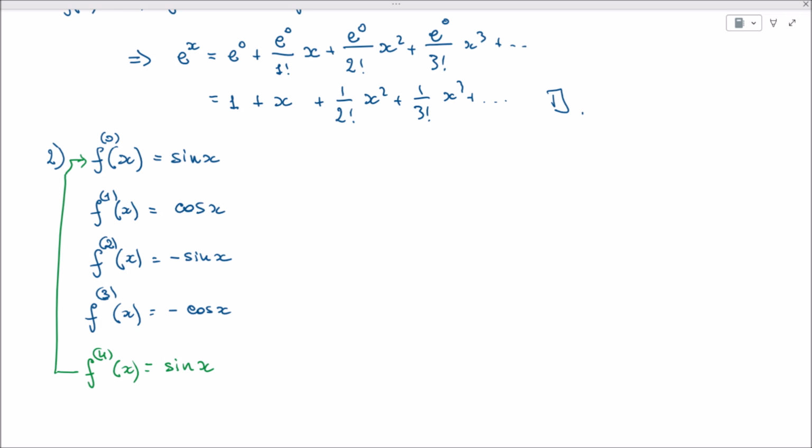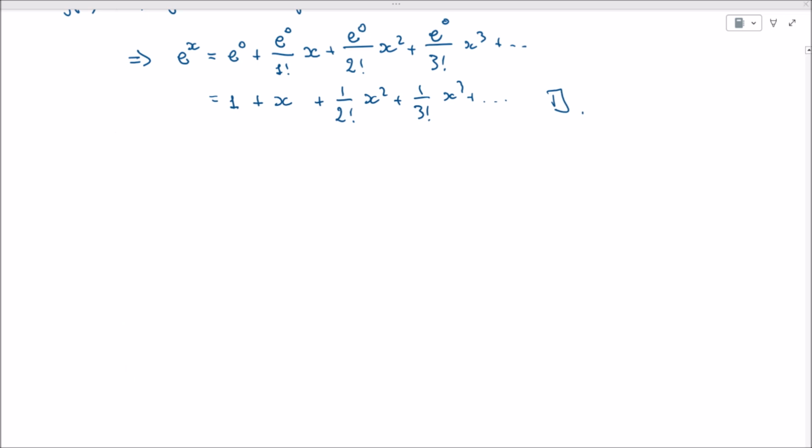Notice that the derivative of order 0, which is just the function evaluated at 0, is the sine of 0, which is 0, right? And the same thing happens for the derivative of order 2, because that would be minus sine of 0, which is 0 again. So this is clearly an indication that the derivative of any even order